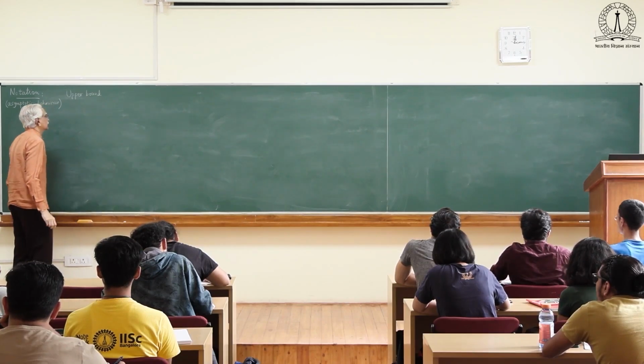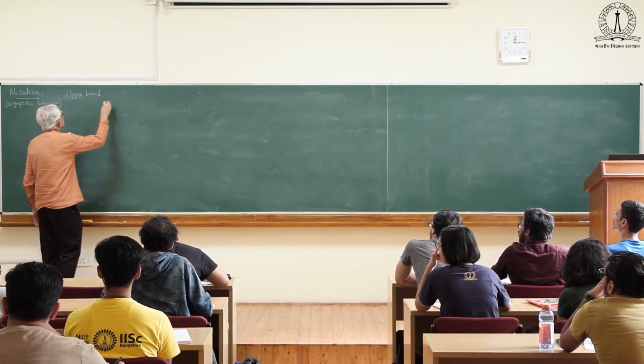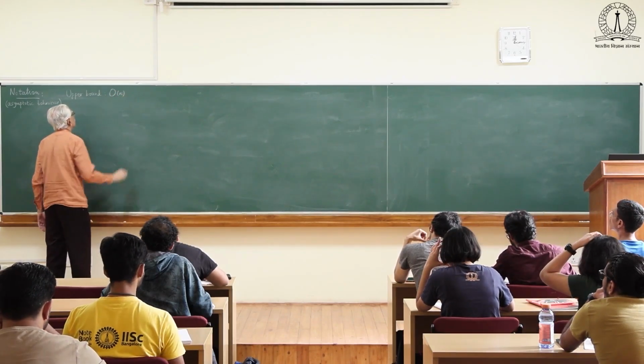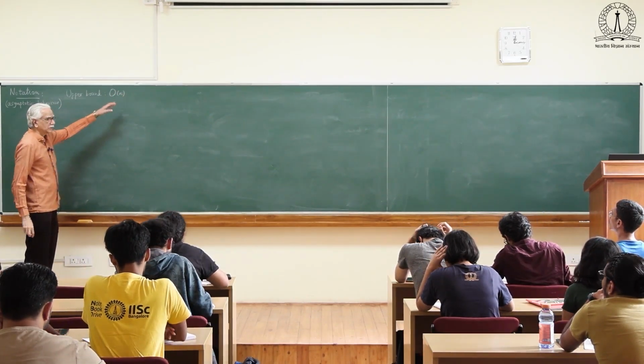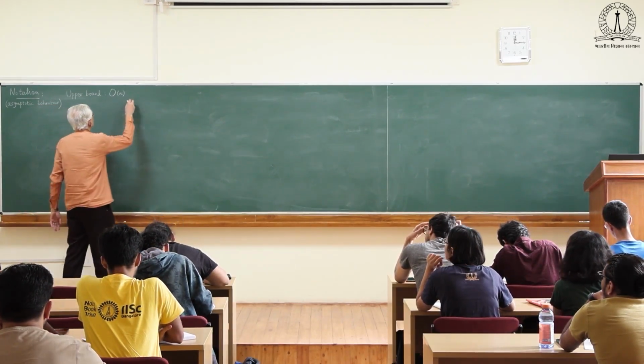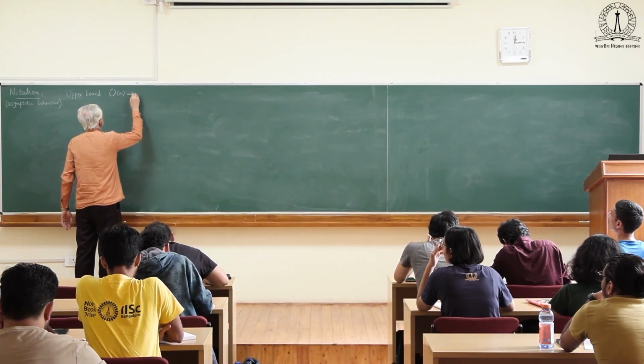So there is a notation for upper bound which goes by the label capital O of some argument n, and it means that